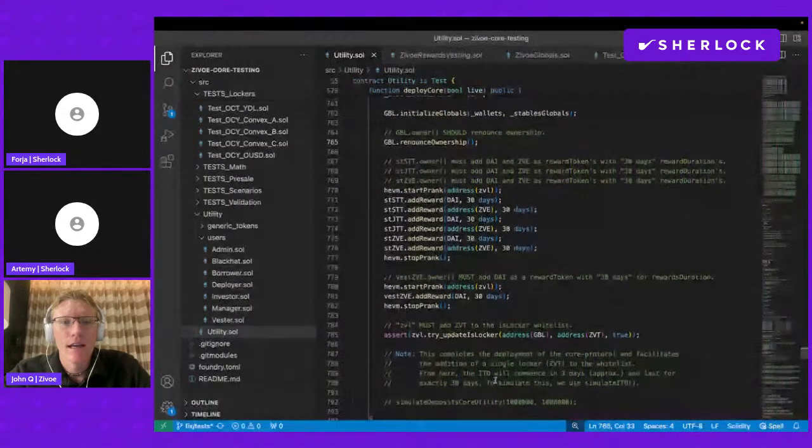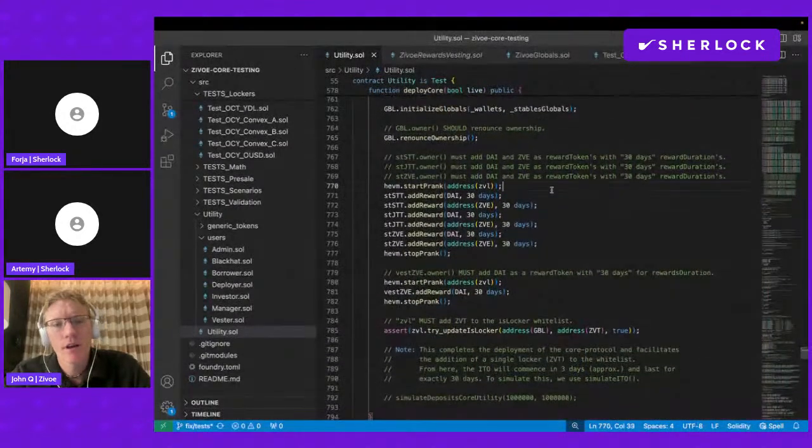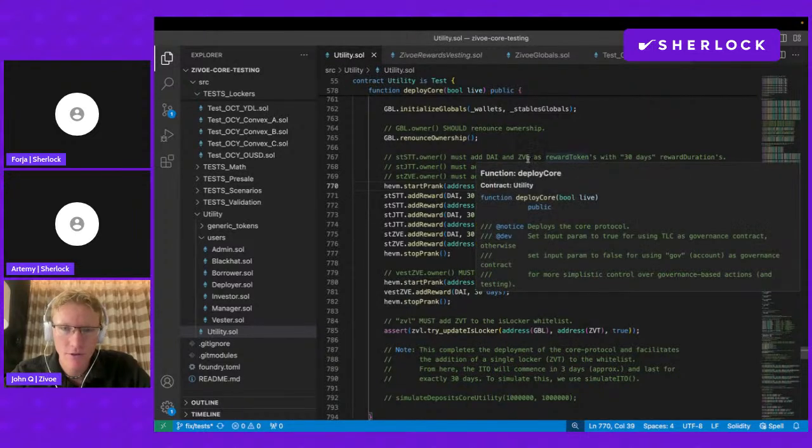And that does it for the core setup, although there's two final things that we have to do, which is for the Zivoe rewards contracts, we need to specify that,